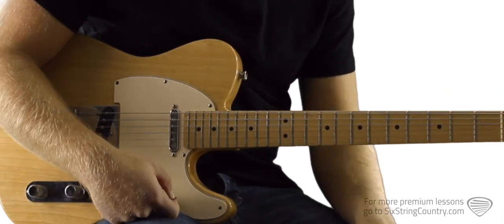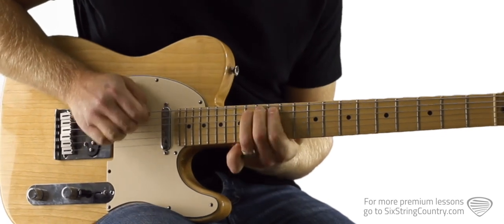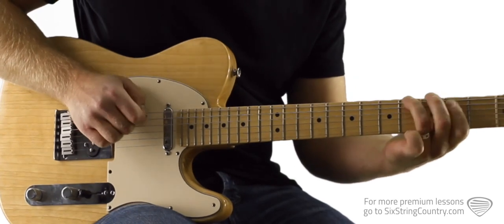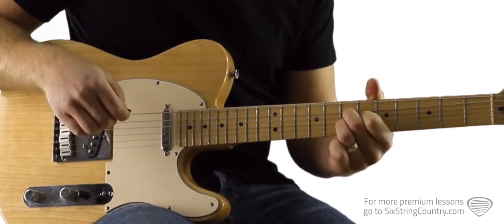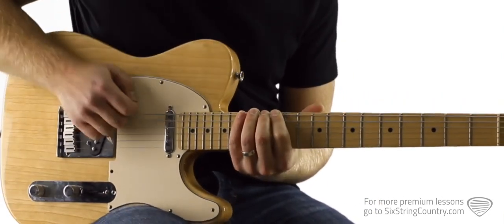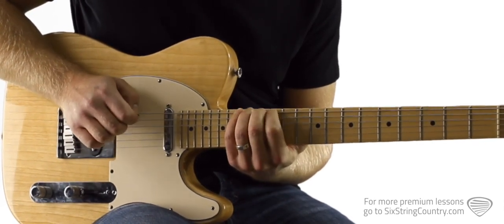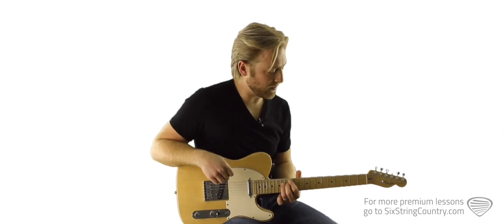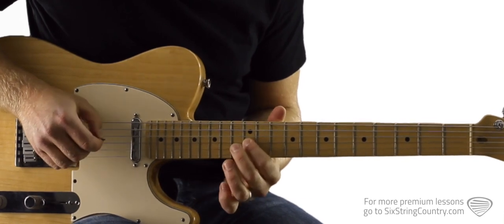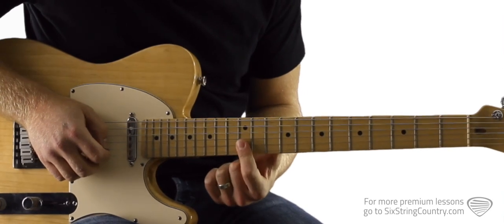All right, and then we've got the hardest lick of this pass. The first part is just up here in E blues, which is the same as G position 5 pentatonic, right? So we'll be starting here on the 14th fret of the G string, and we'll pull off, and then we'll do a bend on that 14th fret of G, and then we'll get our pointer finger up here to the 12th fret of B and E,